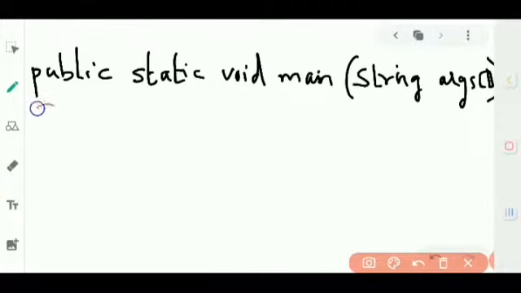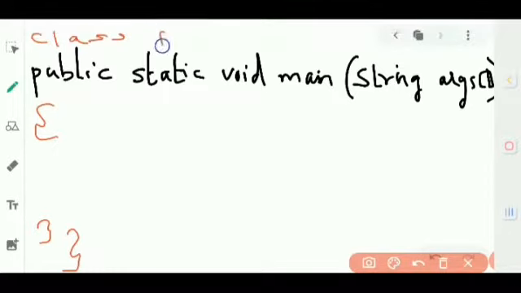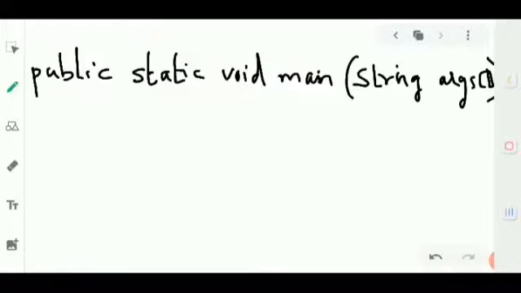After this you have to give an open parenthesis, and for this one a closing parenthesis, and since we already have a main method, for that one more closing parenthesis. So understand, before this we would have given class, and the name is going to be demo. Here you would have already given one open parenthesis. This parenthesis will be closed in the end. This parenthesis will be closed here. This is the structure of a Java program.